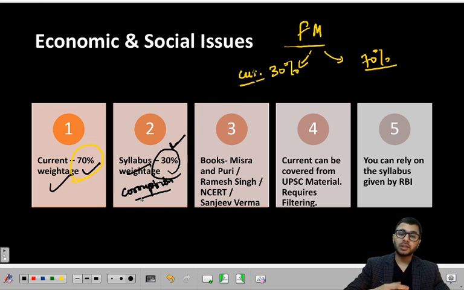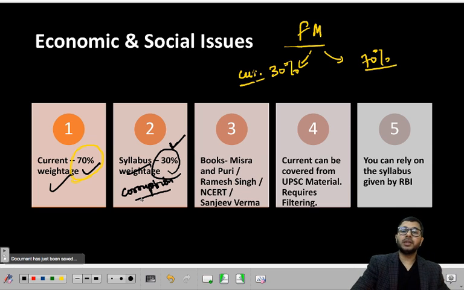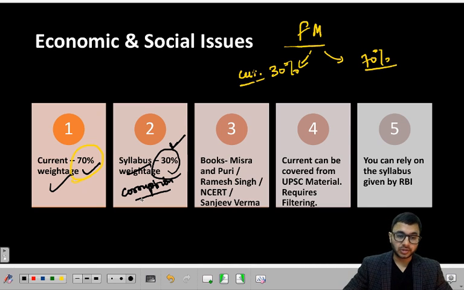You're not required to cover theories of corruption or the entire understanding of migration, how it has happened since 1947. You don't need that, because that is not asked in the examination. Otherwise there is no limit. You can do a PhD in Indian economy, you can do a PhD in social issues. That is not required, although it's mentioned in the syllabus.